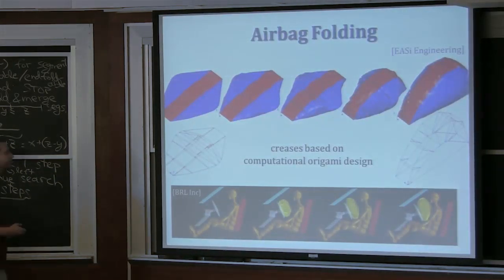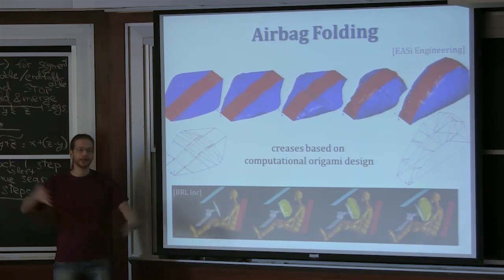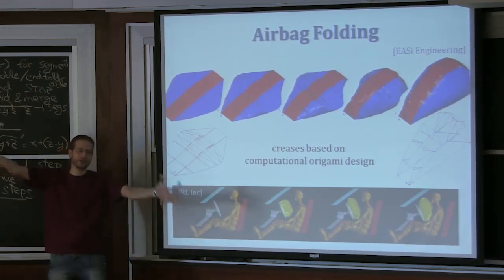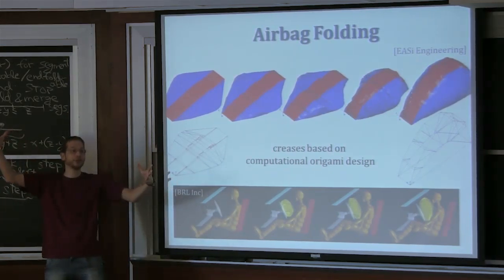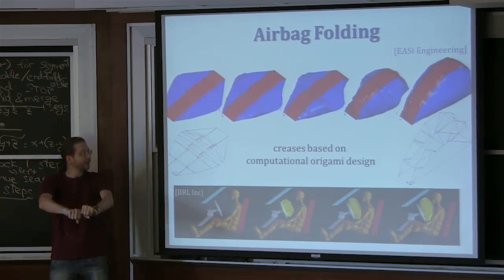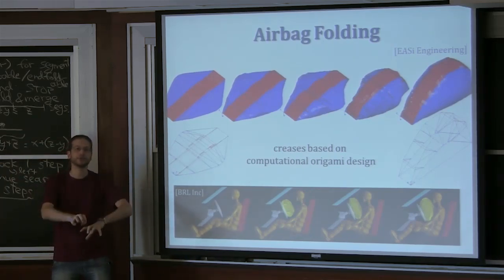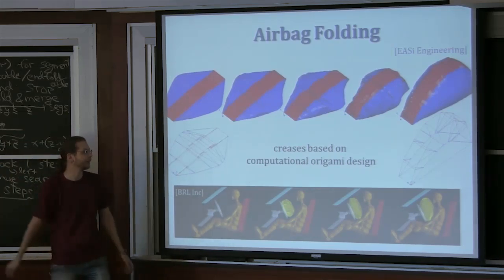Another answer is, well, maybe I need to store stuff. And while I could unfold things, it's kind of big when it's unfolded. If I could fold it all the way flat, maybe I care about the 3D shape, but if I could fold it all the way flat, then it'd be easier to store. It's going to be smaller, more compact. I can roll it up. I can do lots of things.